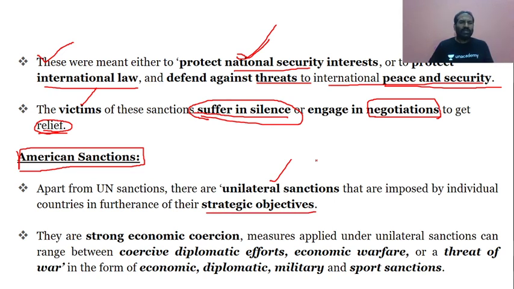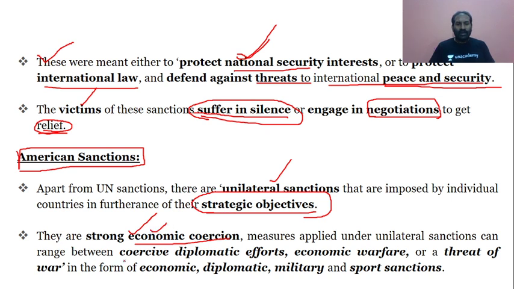So Russia went ahead with taking over Crimea, and then economic sanctions were imposed along with the US. It is all because of the strategic objectives of the US and their very strong economic coercion. I'm talking about the unilateral sanctions by the US. They impact the country on which they are imposed in a very forceful manner from the economic point of view.